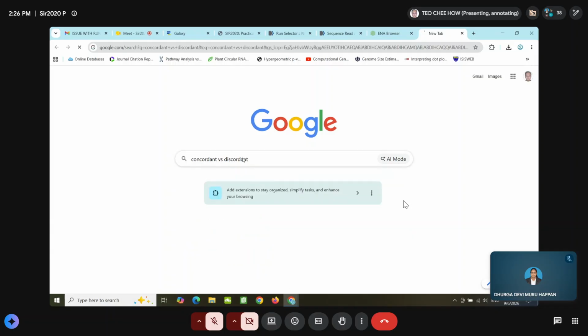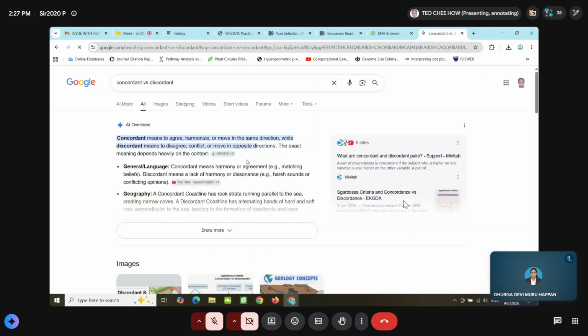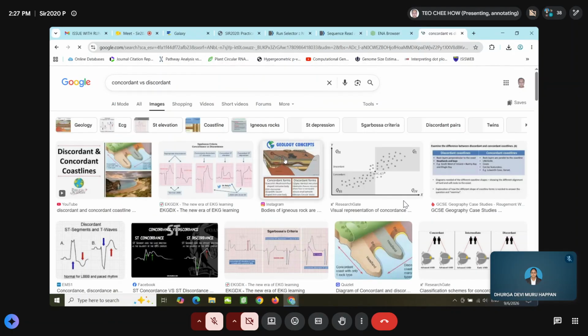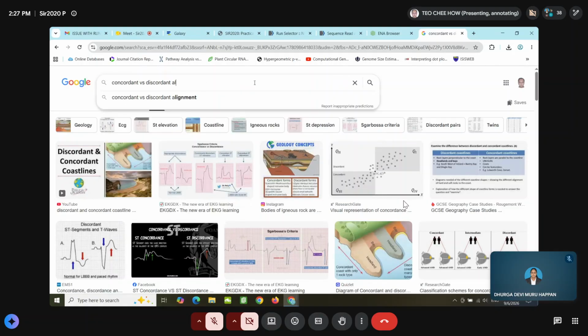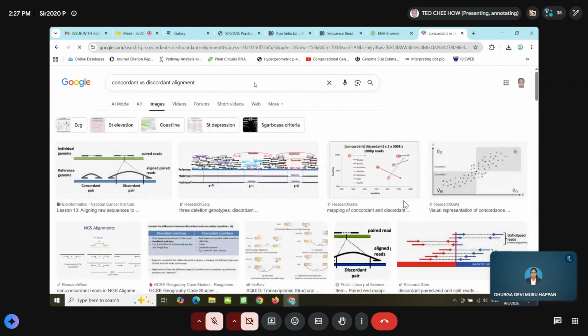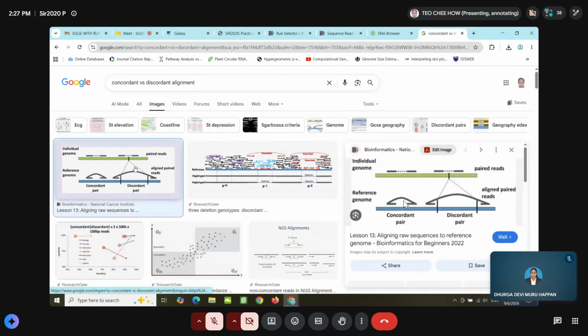in Google. So for example, those that align together close to each other are a concordant pair, so they can connect to one read here.